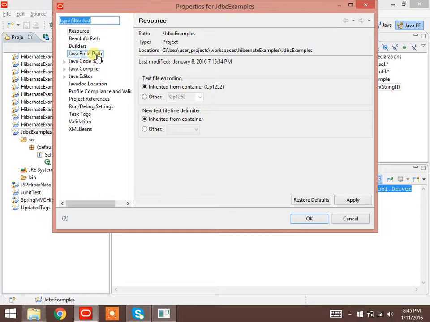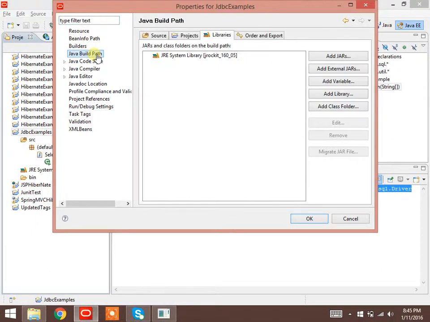Java build path. Libraries tab. Add external jars.